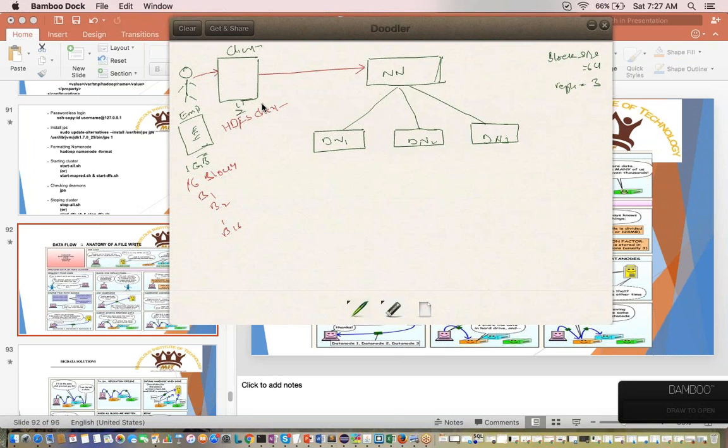Okay, we'll see that in detail. We can say physical split. In MapReduce we call that an input split. Here we can say physical split. This guy will pick block 1